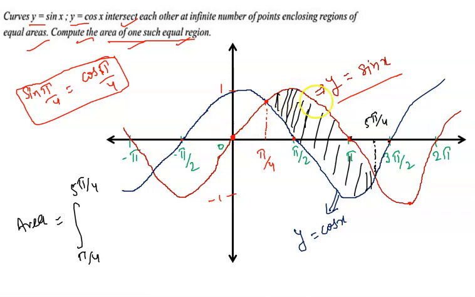Because the upper line denotes sin x, when we take sin x, it gives all the areas, right? And when we subtract the line that denotes cos x, after subtracting we will get this region, because where this line intersects this line gives the area of this region, guys, right? So after subtracting you will get the area of this region, so we can subtract sin x minus cos x.